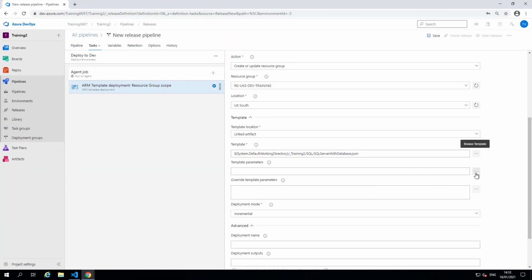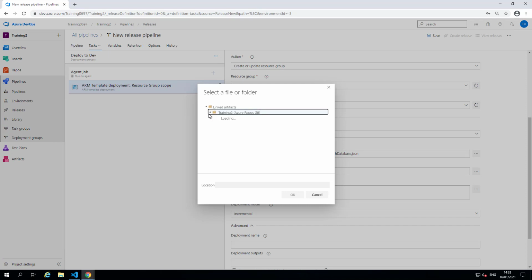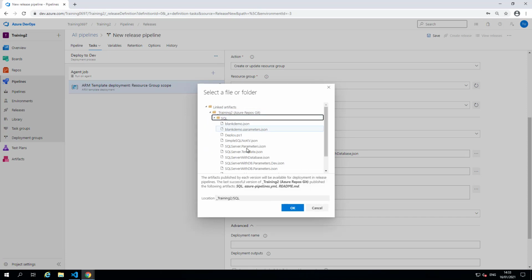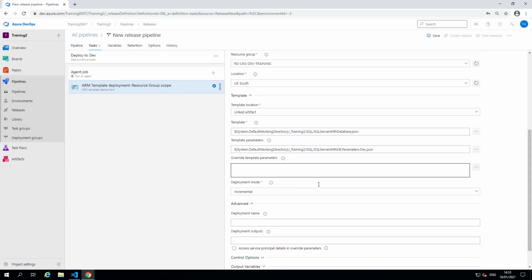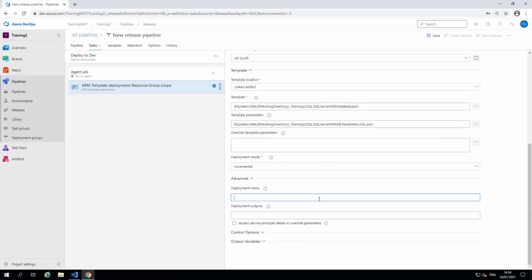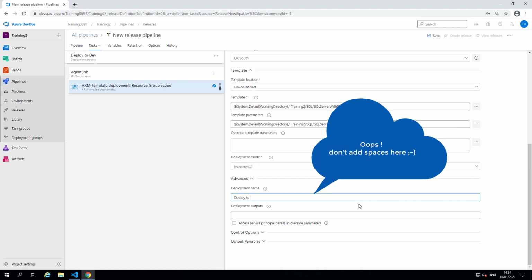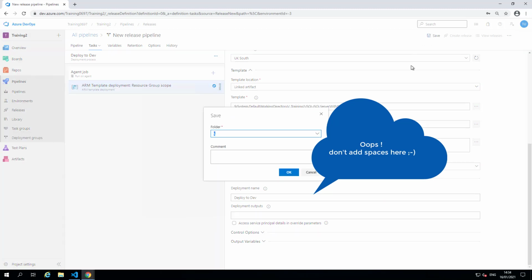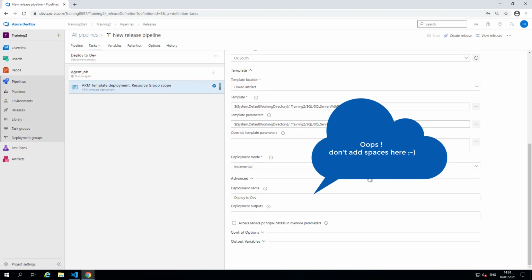And we've also got some parameter files. So what we'll do is, in this case, we'll use the dev parameter file, which is this guy here. Click on that. Okay, we'll give this a name, deploy to dev. Okay, and we'll save that. Let's give that a save.